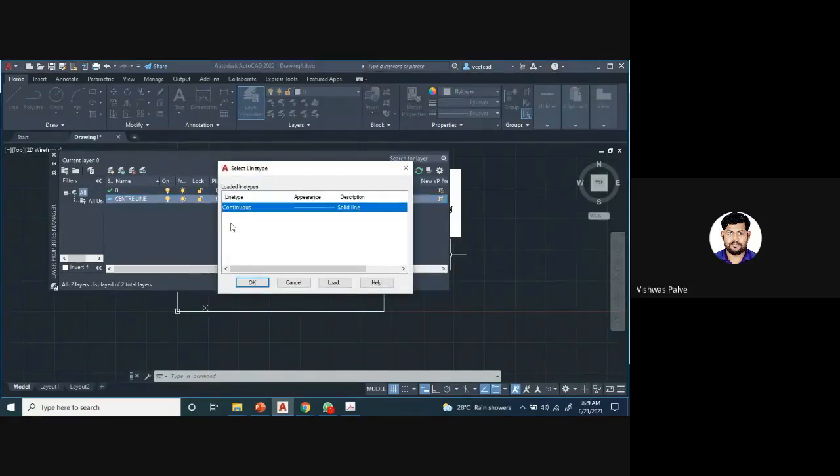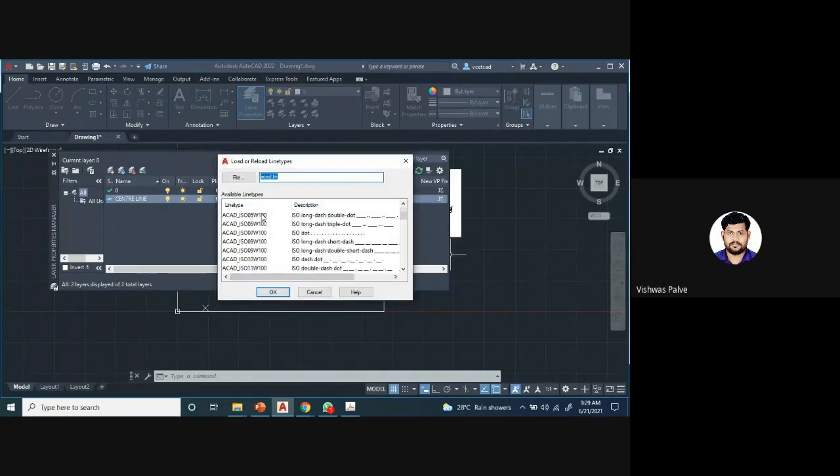Now you can see that in the select line type, we have only one line. So we have to load that line from the library into our drawing sheet. So how to load that? At the bottom, you can see that there is a load option. You have to do this whenever we are setting a new layer and we want to load a different type of line. When you click on load, you will get the different types of lines which are available. All the types of line will be visible. On the keyboard, you have to press C, center. Just click on this and center. So this center line you have to select.